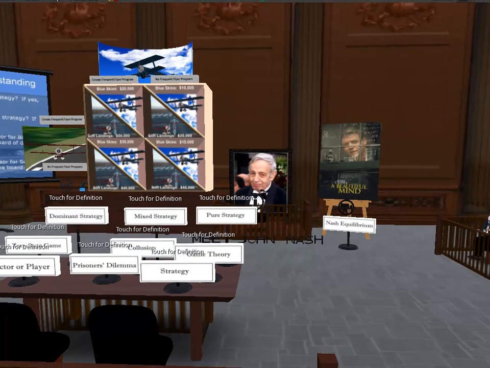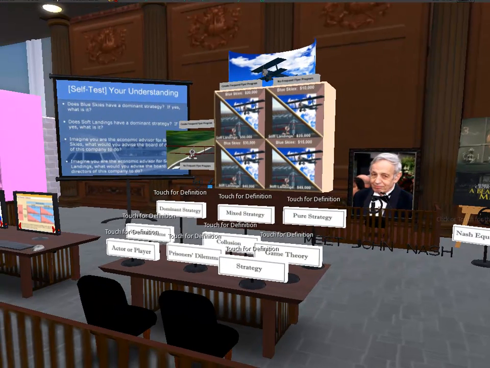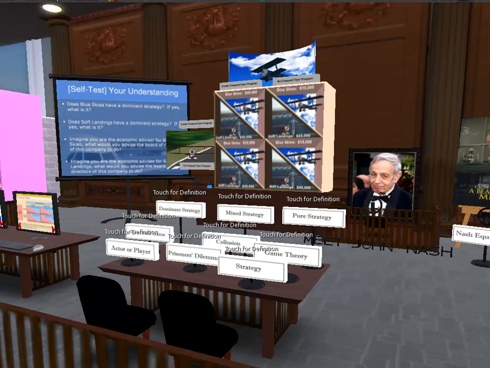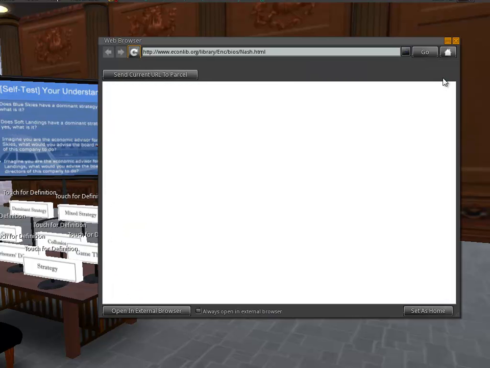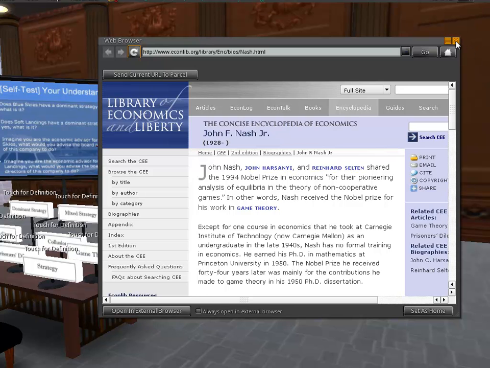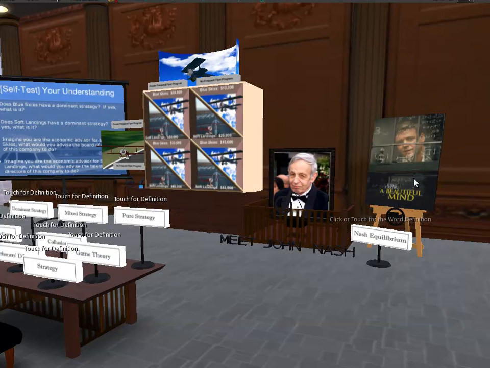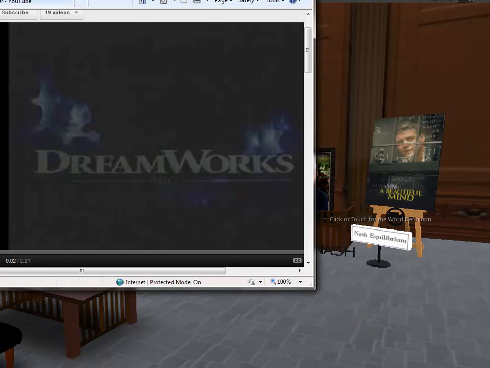Links to biographical information on John Nash, a Nobel Prize-winning pioneer in game theory who contributed the Nash equilibrium, and a trailer from a recent biographical movie featuring the early life of John Nash,